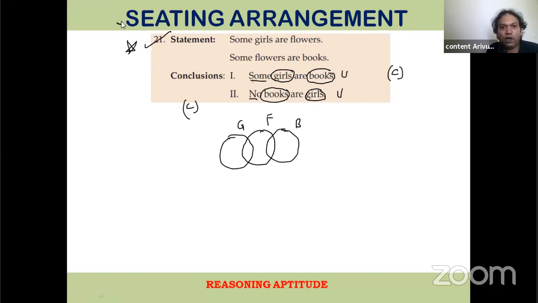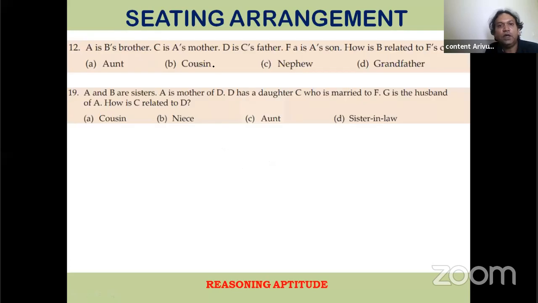Let's move on now to the next doubt. Okay, now there are two doubts here that were posted to me on my WhatsApp number from you guys. One was question number 12 and one was question number 19. Both of these questions are doubts from the blood relations chapter. So question number 12 and question number 19. If you can kindly look at these two questions here. Let's look at question number 12.